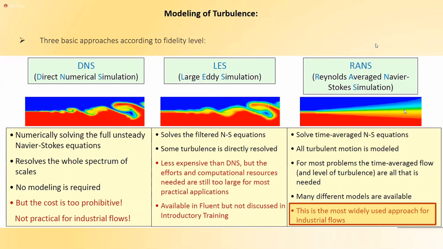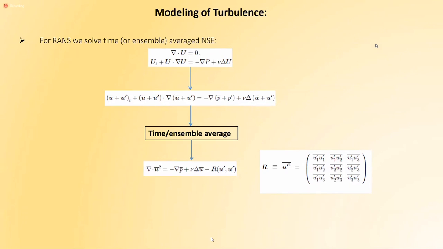We're going to focus on RANS here. When we talk about Reynolds-averaged Navier-Stokes equations, it means we split the velocity into an average velocity and a perturbative velocity. Then we do an ensemble average. Usually they say time or ensemble average, but